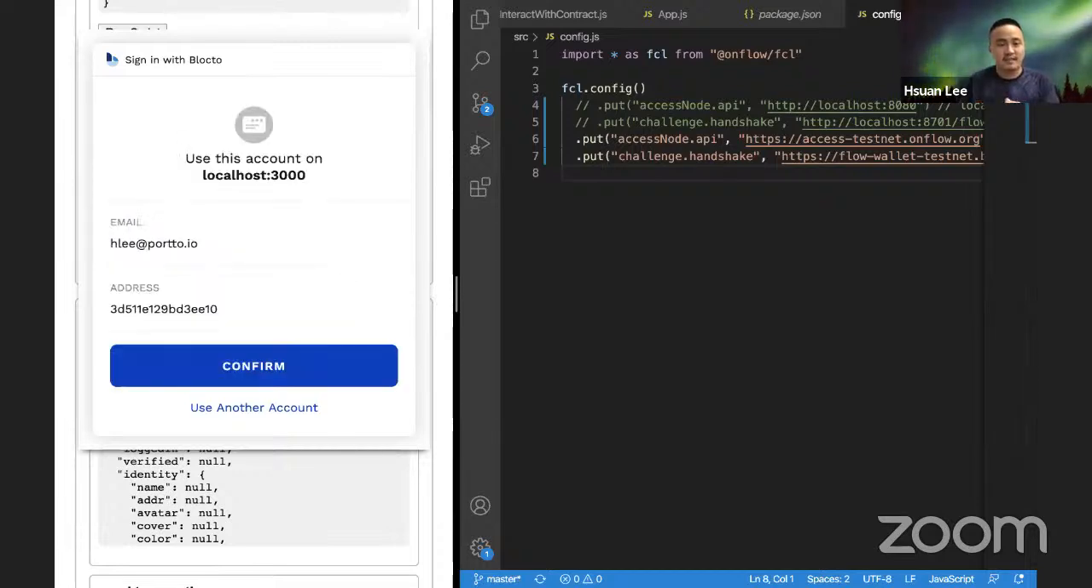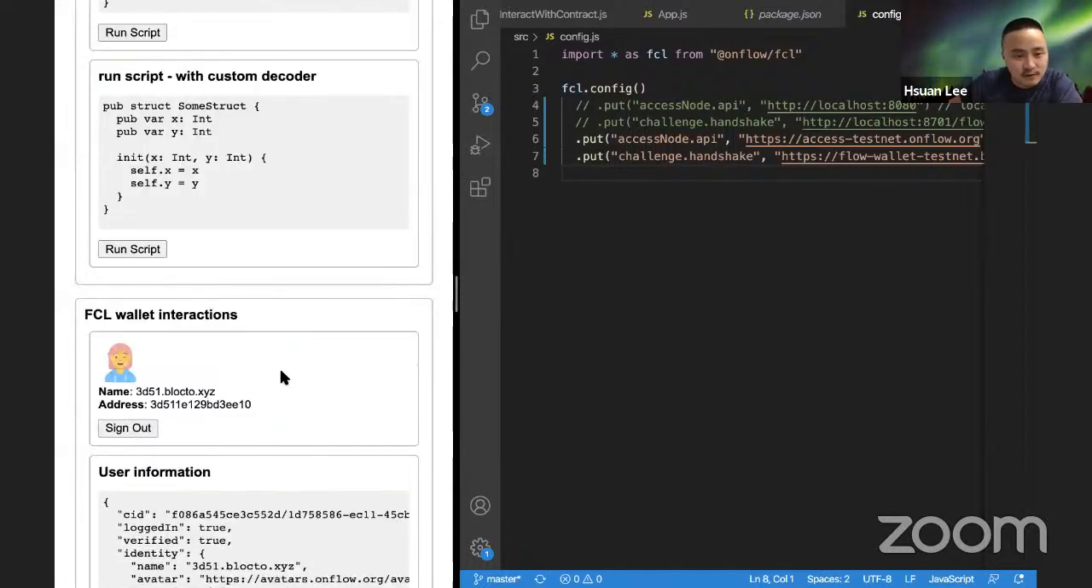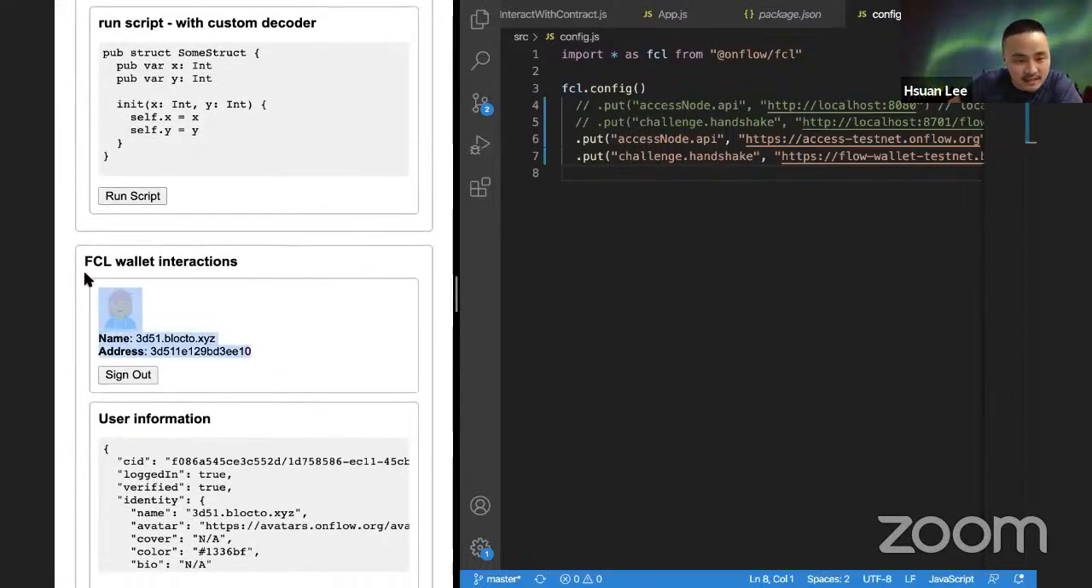Okay, then I'm logged in. Once you log into our staging environment, we will create an account for you. You can use this account to interact with the dApps or the contracts that are running on Flow testnet. So confirm,